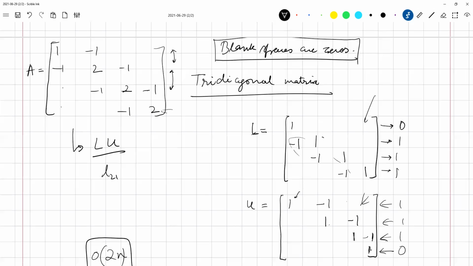I think you are right in your description. I think that is called the lower diagonal and this is called the upper diagonal. I think that is correct, what you were just describing.